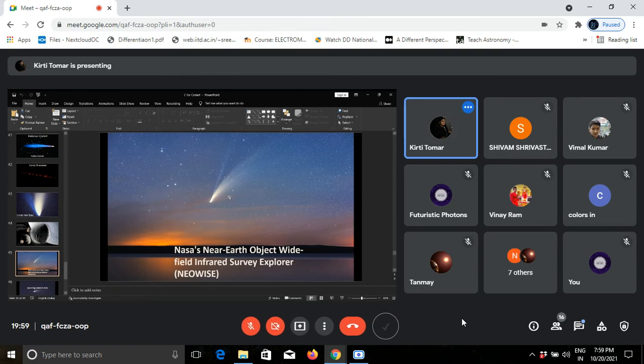The NEOWISE mission discovered an icy visitor on March 27, 2020, using its two infrared channels, which are sensitive to the heat signatures emitted by the object as the sun started to turn up the heat. This visitor, a comet, has been named by NASA NEOWISE.